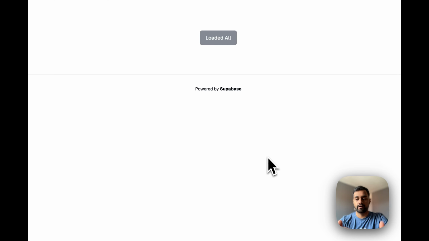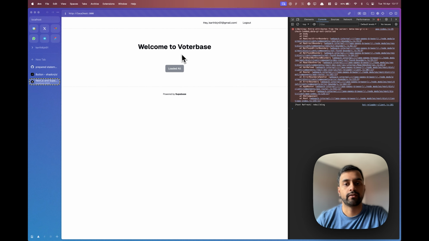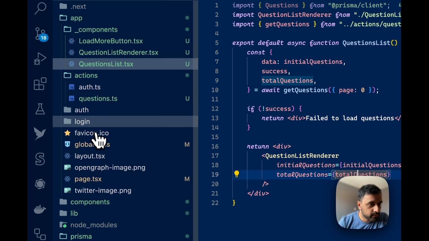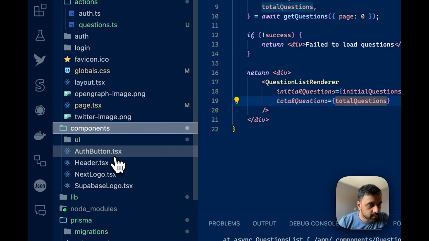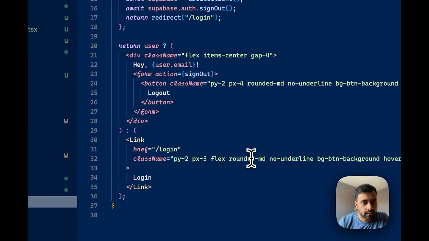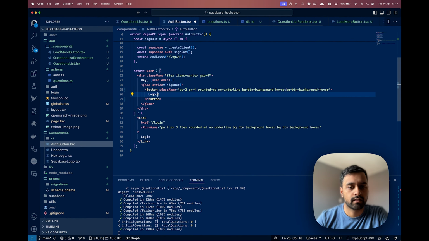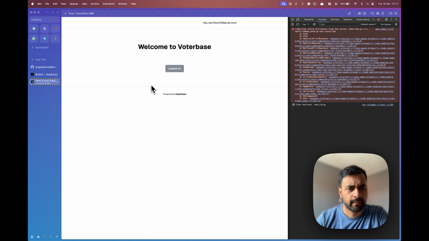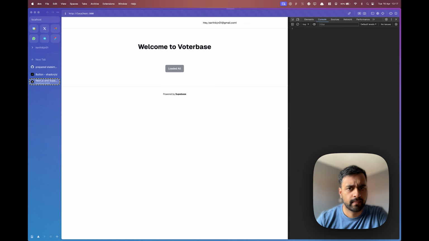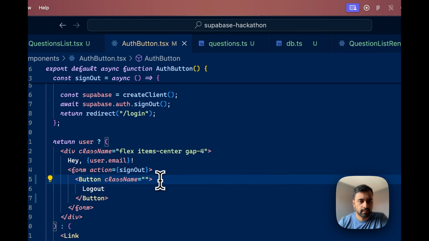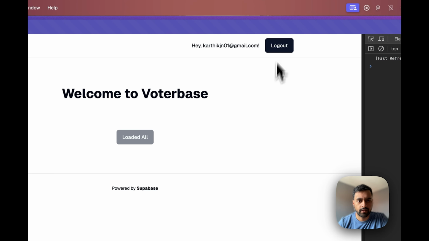Okay, now that we're actually loading the questions, we need to have the option to add a question. So let's also change that logout button into an actual Shadcn button rather than using the random button that they've given us. Auth button. And hot what? We added so much, but yep, better. And if we just log out,